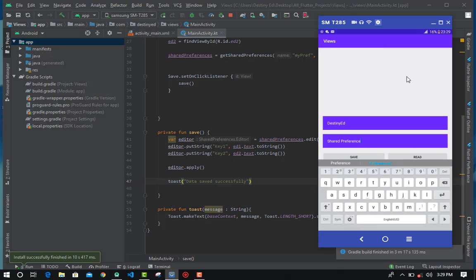Okay, so now I'm going to click on save to save this data. So I'll click on save, and you see now we are having the message data saved successfully. If I click on save, it's going to save also. One of the